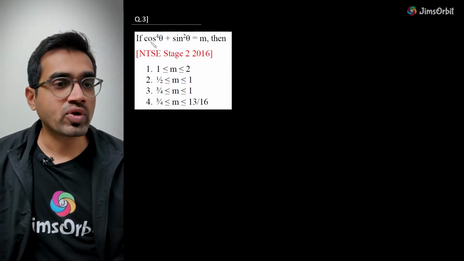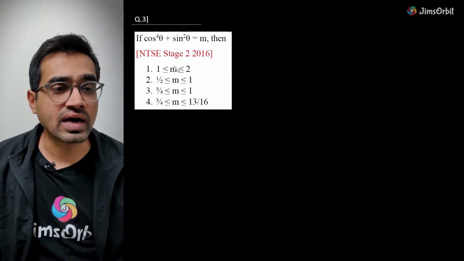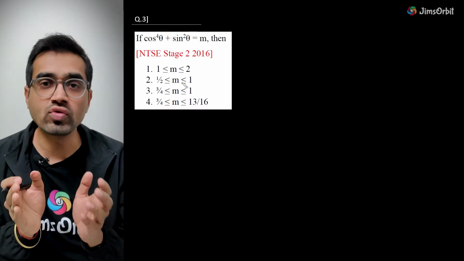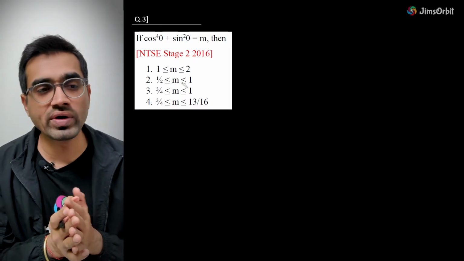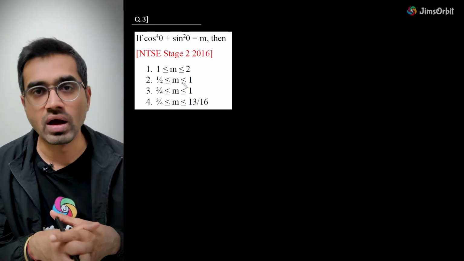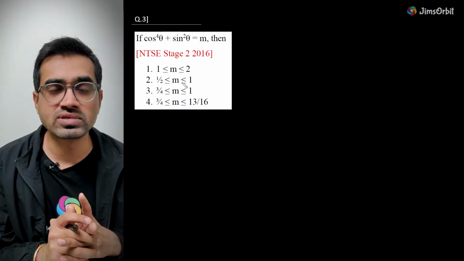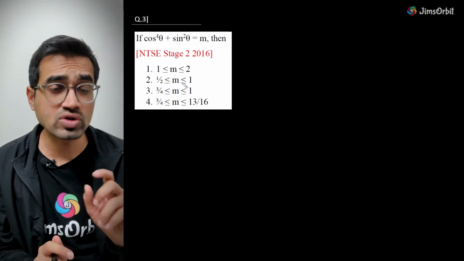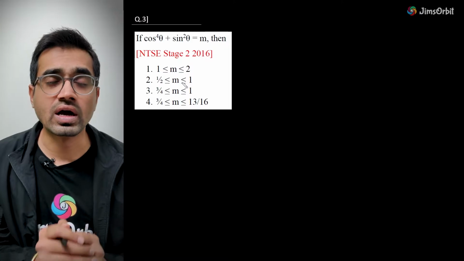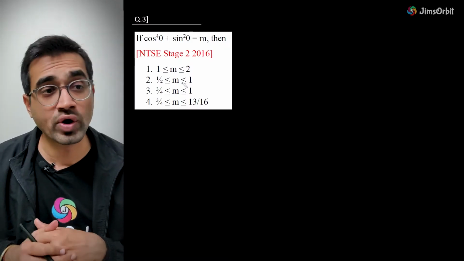Okay, in this problem, you are given the relation and you are asked for the value of a between two values. So there is a minimum and there is a maximum. In questions like this, in grade 12 we do maximum and minimum. In grade 11, we can use the simple algebraic method, and this is what I'm going to teach you here. To solve this question, you should be aware of the completing the square method, which is going to be used.